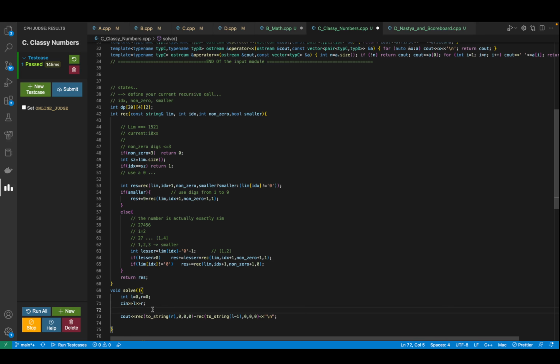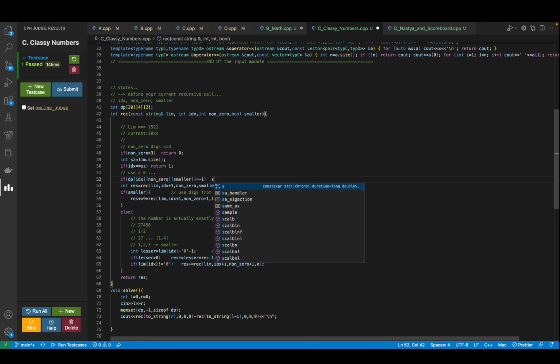Now the way you use DP is that inside your code you first set all the values to -1, or a dummy value that you know wouldn't appear in your answer. So I'll set it to -1. Over here, after all of these basic checks are done, I'll say that if my DP at idx, then non-zero, and then smaller, is not equal to -1, that means I've already computed it.